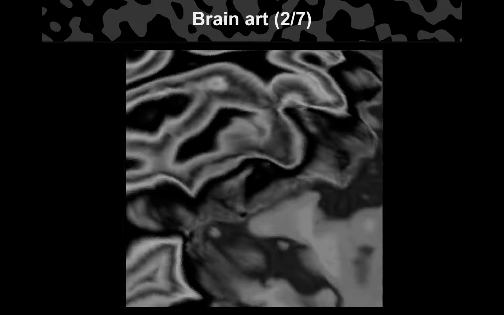I like this one because, I don't know if you can tell from the image contrast, but anyone have any guess what type of data this is? It's actually a mistake. It's like a T2 weighted volume that's been misregistered and basically randomly plopped down on a cortical surface that's then been inflated or sphericized or flattened. And so you can actually see gray-white tissue contrast that's been misregistered down here. I guess this is white matter and this is gray matter. Anyway, so you incorrectly project this convoluted T2 tissue contrast onto the cortical surface, and then you visualize it, and it actually looks very interesting. But it is a mistake.